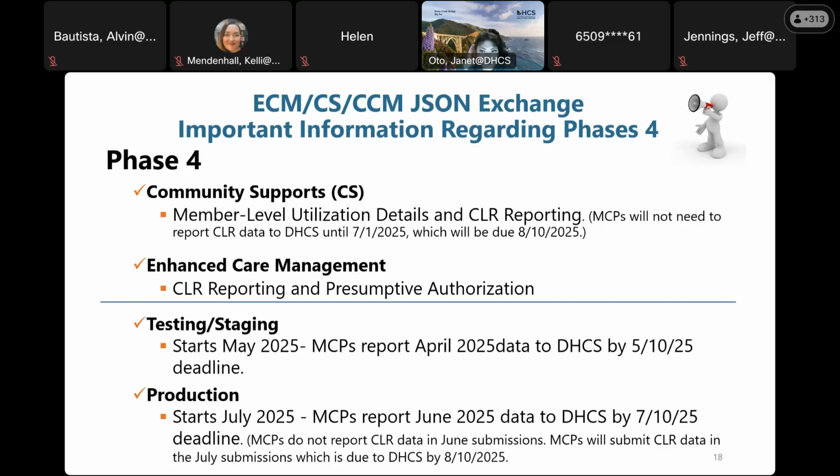Okay, so this is phase 4. As mentioned, we have the community supports, the member level utilization details, and the CLR reporting. And a lot of managed care plans have been asking, well, how are we going to be reporting this? Because technically it's not due to DHCS until July 1st, 2025. So you won't be having to report this to us. This will be in your August 10th, 2025 submission, which will have the July information that you will be submitting